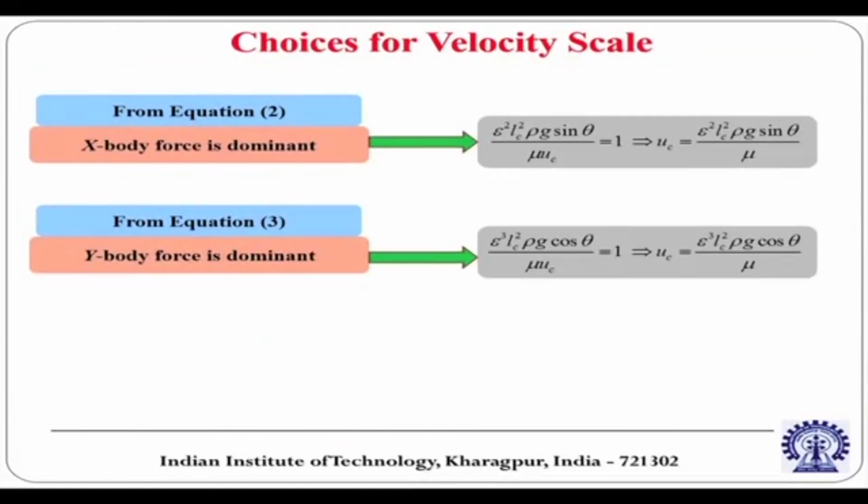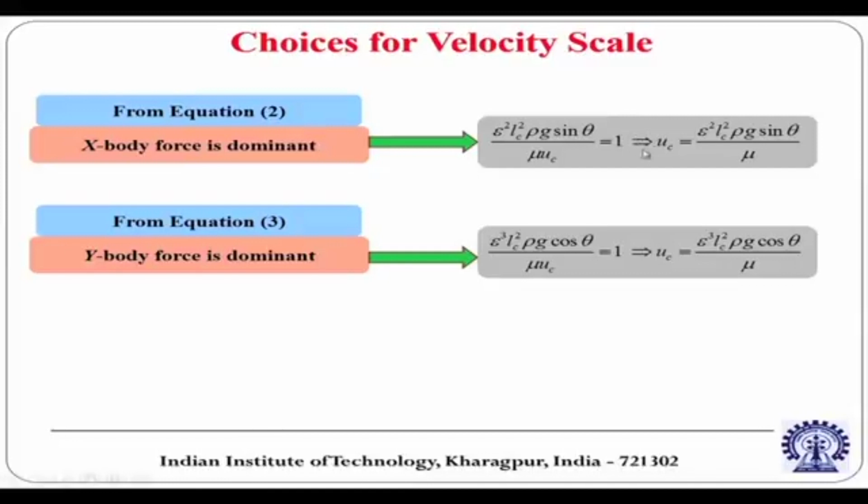X body force is dominant. So you can see that this is the body force term in the X momentum equation, whatever is written in the slide, epsilon square LC square rho g sin theta by mu UC. If the dominant term has to be of the order of 1, then this term, being the dominant one, also has to be of the order of 1,